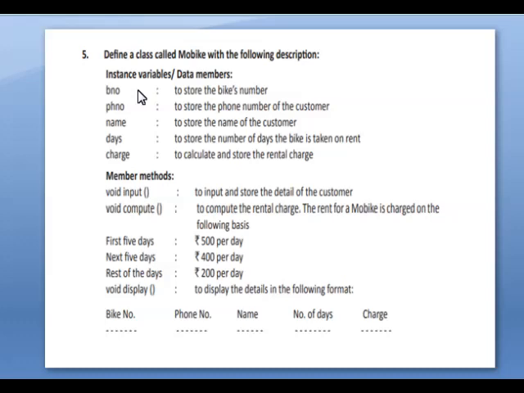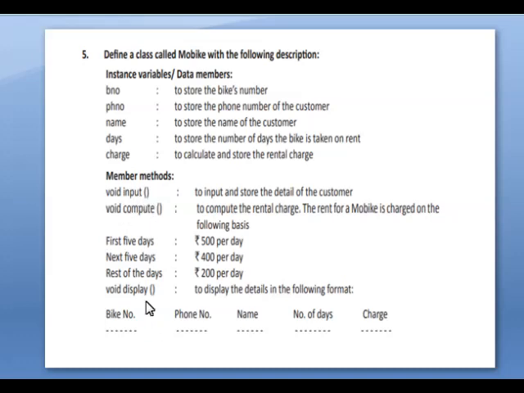These are the variables we want to use, that is bike number, phone number and name of the customer, number of days, and calculate and store the rental charge. So these are the variables we have to give inside the program, and we are using three functions, that is void input(), void compute() and void display().